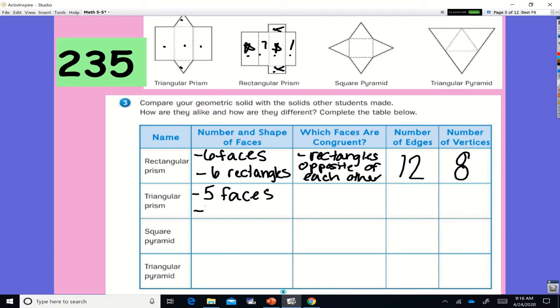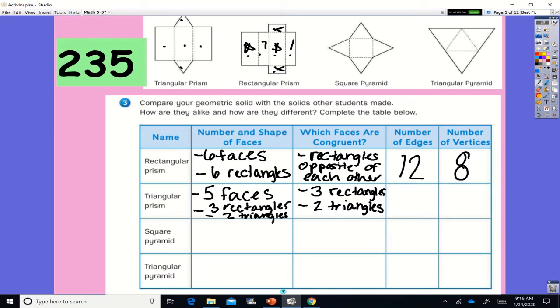Now, our shapes are, we have 3 rectangles and 2 triangles. Which faces are congruent? All 3 of my rectangles are the same size, and my 2 triangles. So I'm going to put 3 rectangles, and then I'm going to add in there my 2 triangles. Okay? Then I go back to my notes,